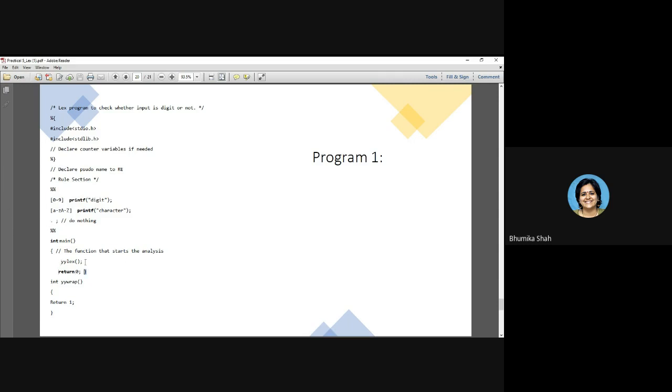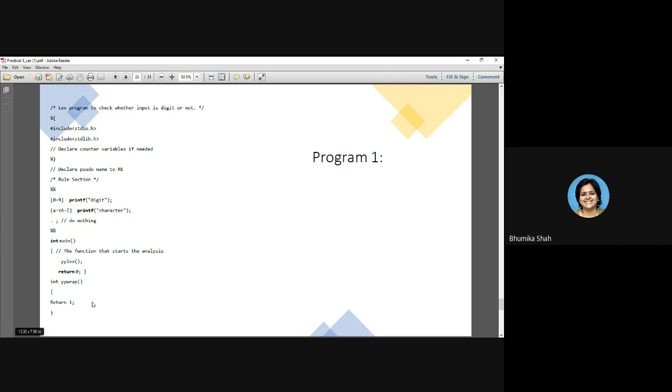So Lex will keep on taking input from you, keep throwing it into the second section. As and when it requires a declaration or definition, it will go to the first section. Otherwise, keep on executing. Whatever RE is satisfied, the appropriate actions you have specified will be executed. That is as simple as it is. As output it will generate the equivalent C file, and if you compile and execute that C file, then it is going to generate the equivalent tokens. So this is the first program.